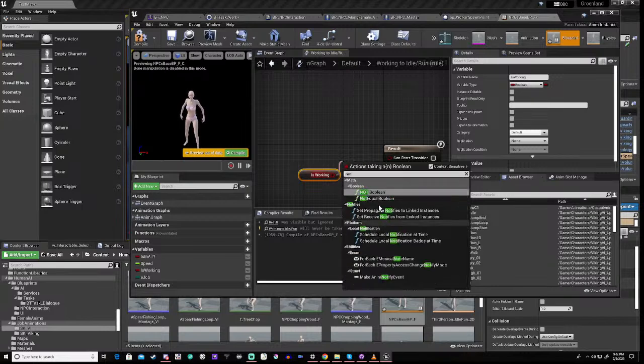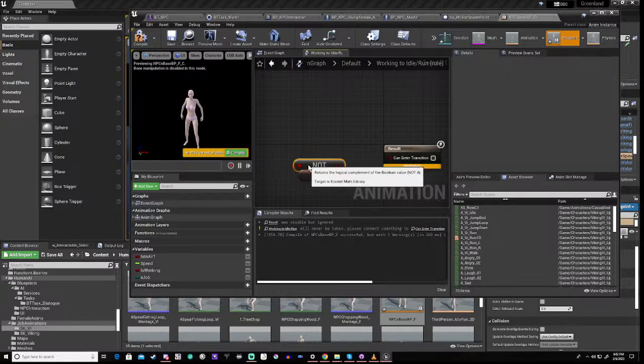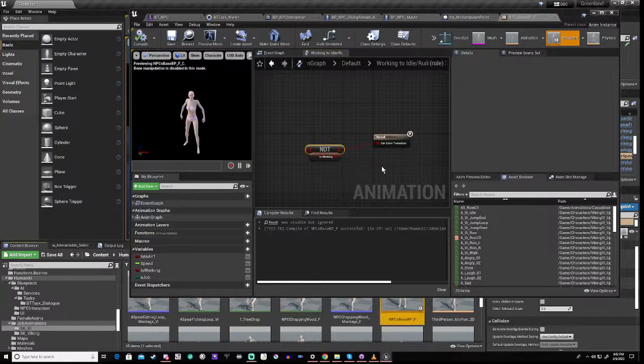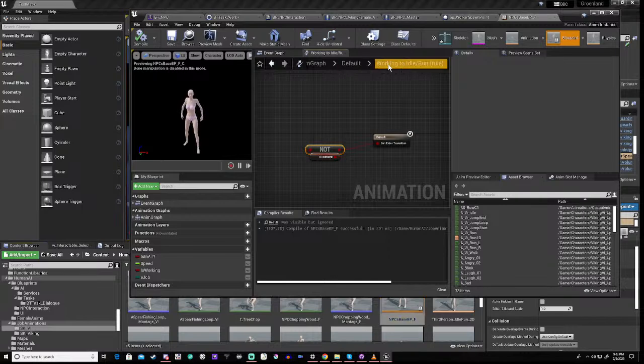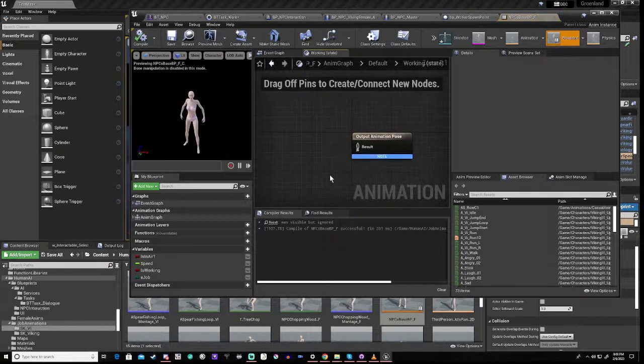Right, so we say not on this one, and that's going to jump us straight back out again. Okay, compile that. Then we go back to here, we go to our work state,